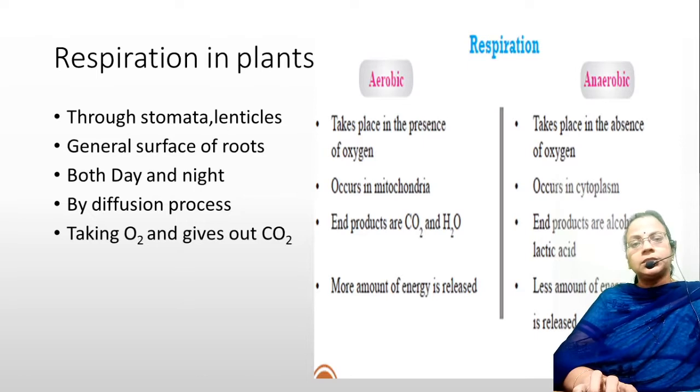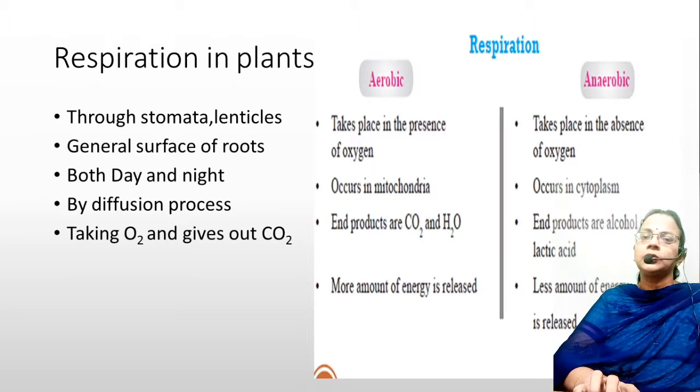But in the nighttime there won't be any photosynthesis, only respiration will take place, because in order to carry out all the metabolic activities in the plant cells, they require oxygen. In the daytime they eliminate oxygen as photosynthetic waste, and the plants utilize that oxygen for respiring. But at night there is no photosynthesis, so oxygen will be taken from the atmosphere. So day and night, the plants are respiring, utilizing oxygen and giving out carbon dioxide.